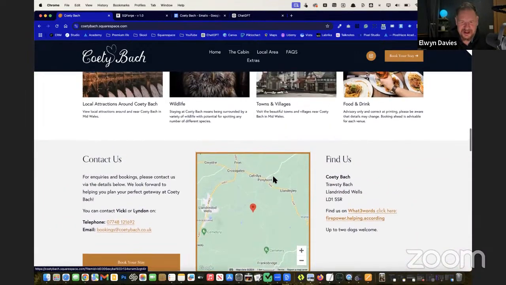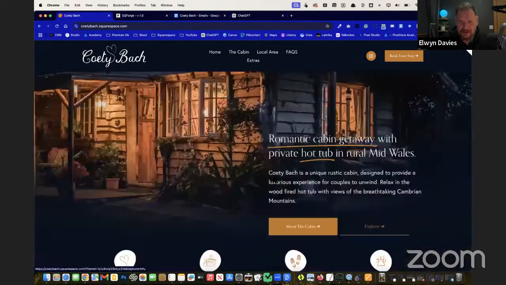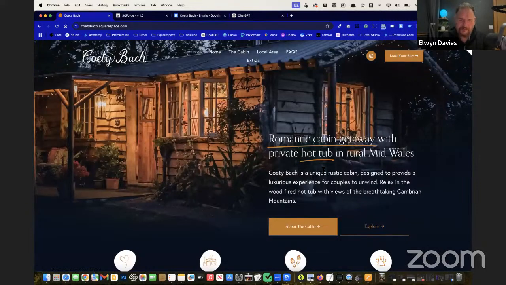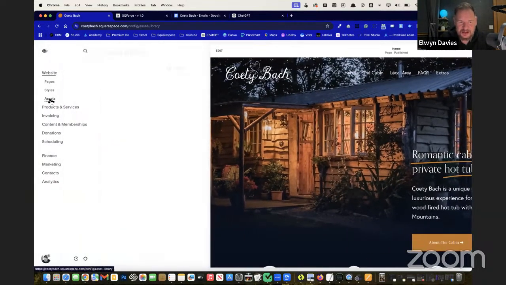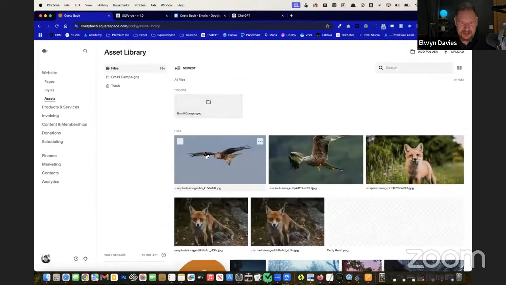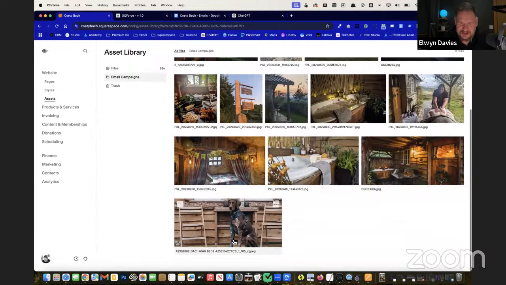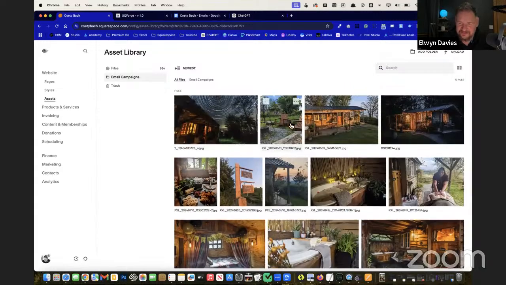But the focus now is going to change from building and having a professional website through to the next step, which will be, okay, what's next? And the what's next is very much around emails. So if we go into the asset library here and I go into email campaigns, I've just realized I didn't compress any of these photos before uploading them. So what I'm going to do is